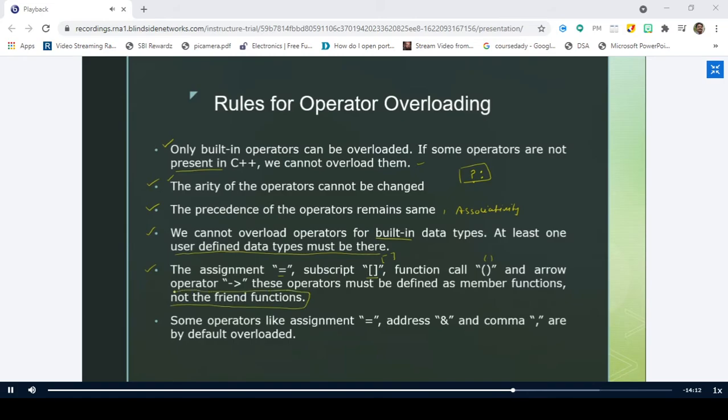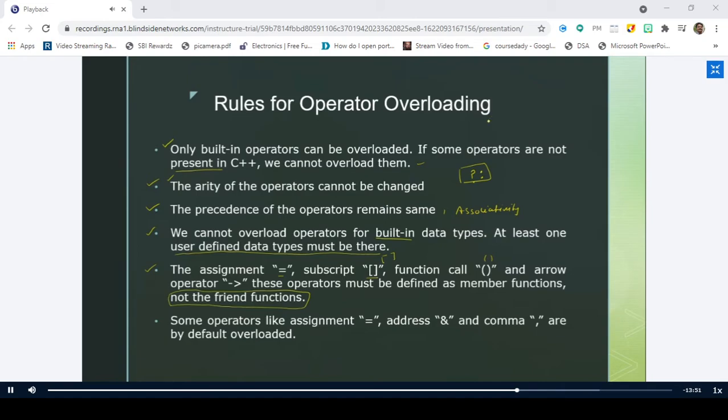So what are the various ways where you can define an operator function? Defining a member function means you can define inside the class or outside the class. That is the question, right? And I'm asking you, please listen to the question here.